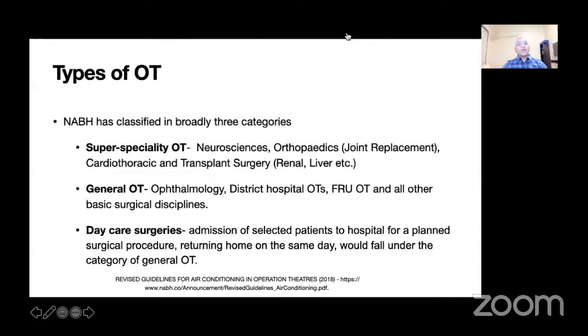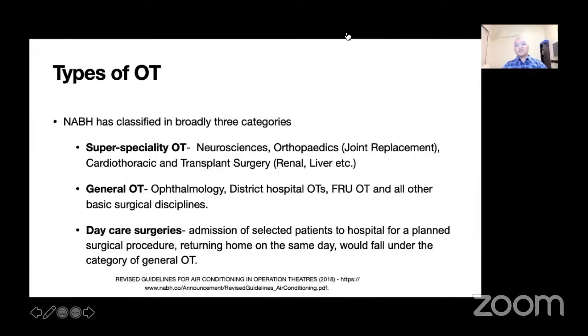So NABH has broadly classified the operation theaters, for the purpose of operation room ventilation, into three categories. One is super specialty operation theater, that includes where neuroscience, orthopedic joint replacement, cardiothoracic and transplant surgeries can be done. Then general operation theater, which includes all other categories of operation theater, including ophthalmology. And then the daycare surgery, where